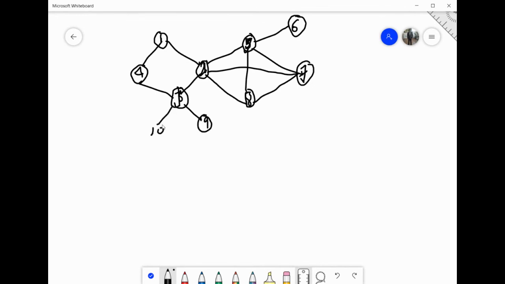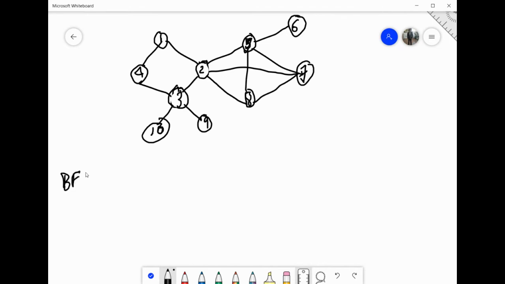10. Suppose I have a graph like this. I will say a complicated graph, it won't come in the first step. This is the extreme level you can have. This is 3, this is 10, and this is 2. So I have a graph like this. I have to perform BFS and I have to perform DFS from this. Okay. First, let's talk about BFS.